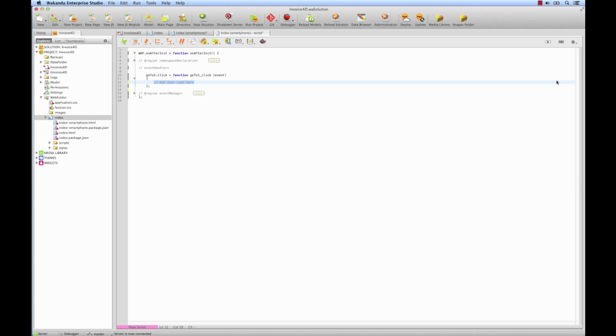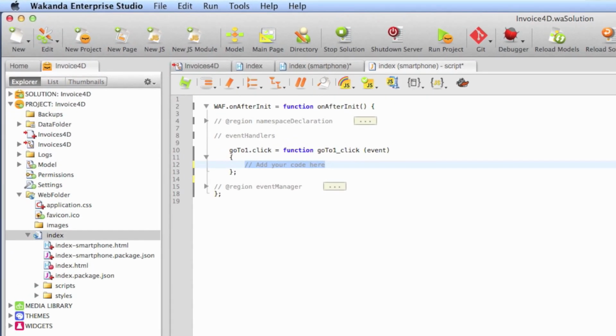Now we're going to do a bit of JavaScript. It's not very complicated, and it's a piece of code that we're going to reuse for all of the views. We'll start with a command with WAF, W-A-F, in uppercase. WAF is a key term meaning Wakanda Application Framework. So WAF dot, here I specify I want to access a widget, widgets in plural, then dot navigationView1, which is the name of the widget,